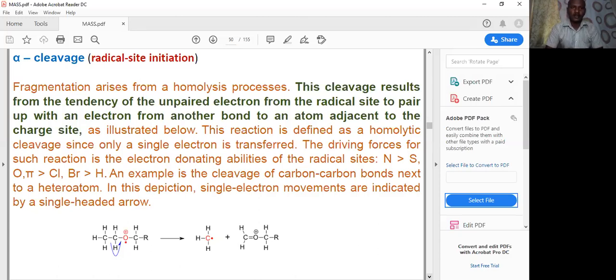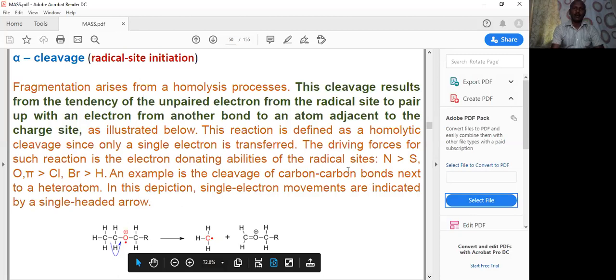Alpha cleavage is also called a radical site initiation reaction. In this cleavage, the unpaired electron moves from the radical site,